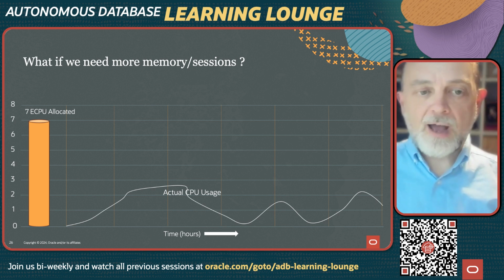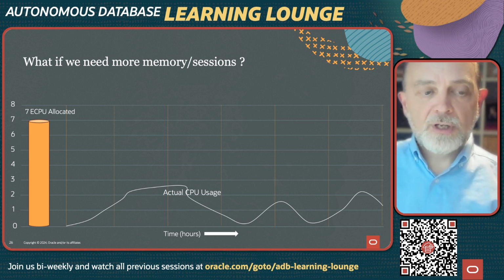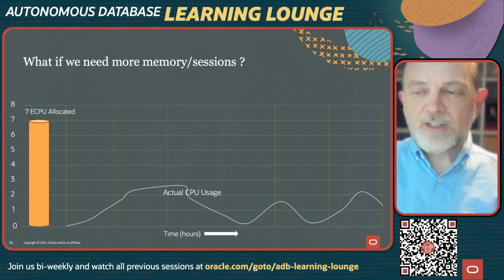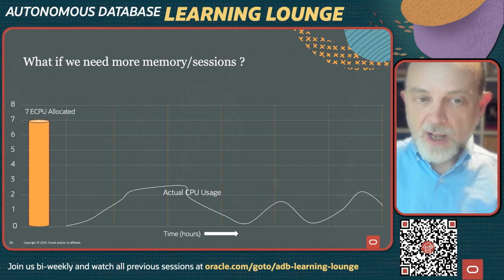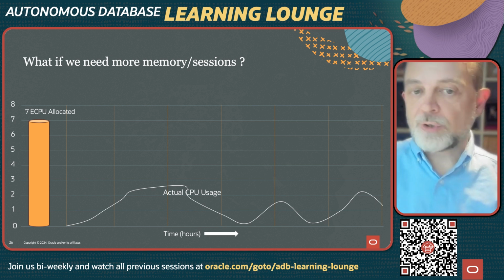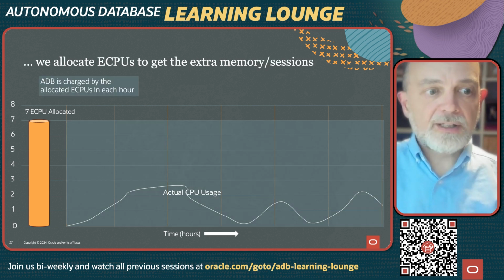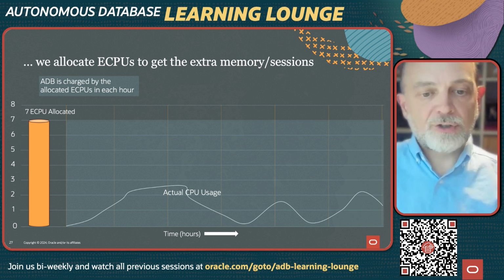Much more rarely we have applications which need extra I/O. But whichever one of those that you need, we can allocate more eCPU. Even though you don't strictly need that CPU, we can allocate them, and that gives you that extra memory, max sessions, and eCPU. So you get charged for the full 7 eCPU to get that extra memory, sessions or I/O,